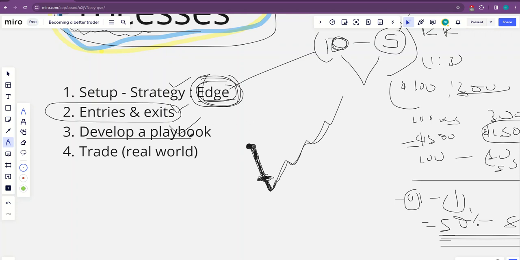Once you defeat this beast, I always recommend Mark Douglas, Trading in the Zone, or The Disciplined Trader by Mark Douglas. I also recommend Trading Psychology for Dummies, and Psychology 101. There are many books on trading psychology that will help you, and it is after defeating the psychology enemy, which is yourself, when the graph is now starting to change, and now you're executing one thing.